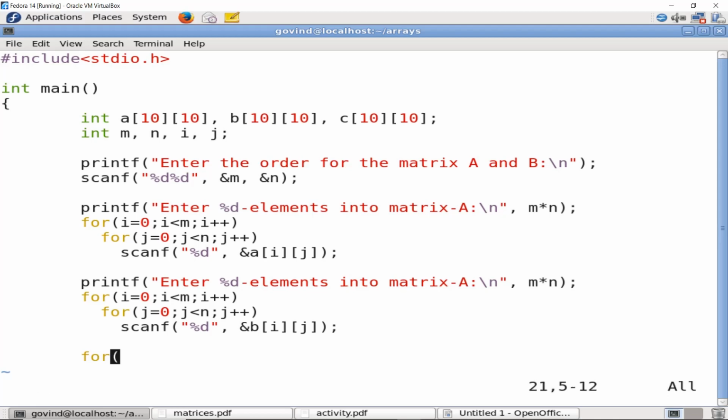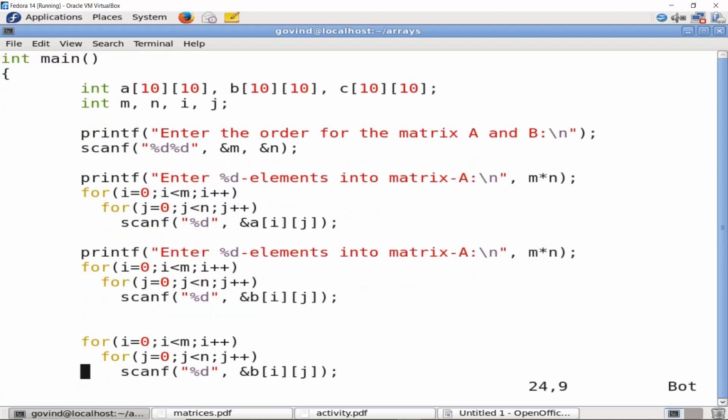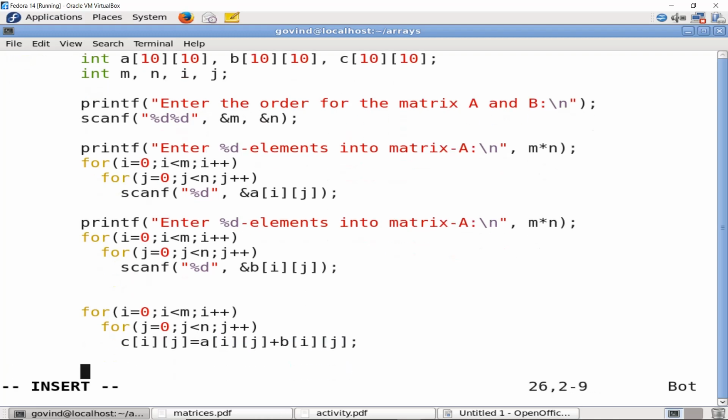Again, to save the time, I'm going to quickly copy these three lines and simply paste it over here. Then, instead of scanf, I just need to write C of ij equal to A of ij plus B of ij. This is the end of the addition logic.